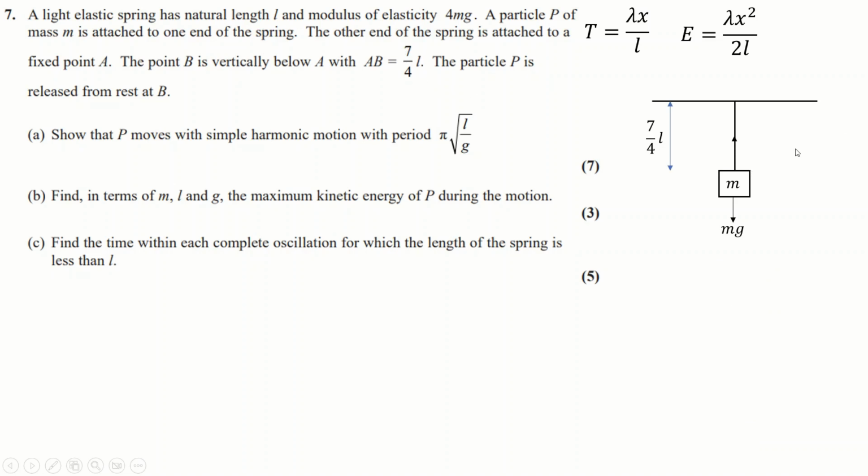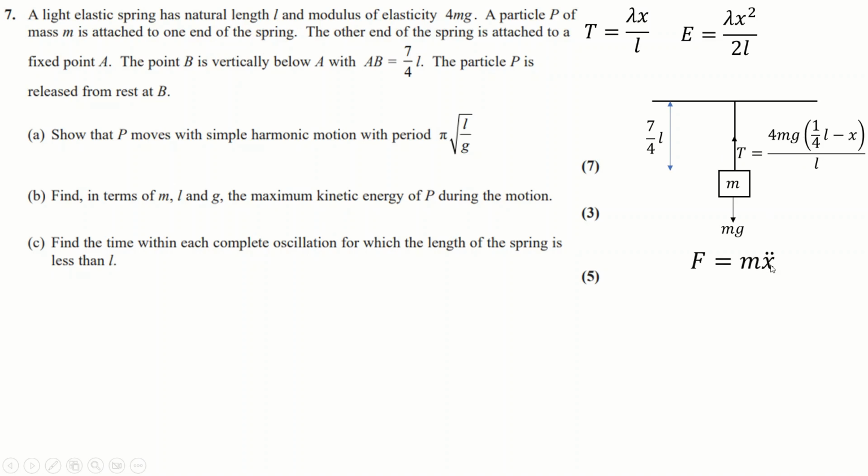Now the reason I needed the quarter L so much is because when it's being pulled down, the tension is going to be at any random point x that it's at. This x is the displacement from this equilibrium point that the simple harmonic motion is working in, and the simple harmonic motion is going to work with the equilibrium point, that 5/4 L that we found, which is a quarter L beyond just the natural length L. So we'll use the quarter L as our center point for the equilibrium, for the simple harmonic motion, and then x is just the distance that we're away from that center point. So that's going to be our tension, and now we can just do F equals ma